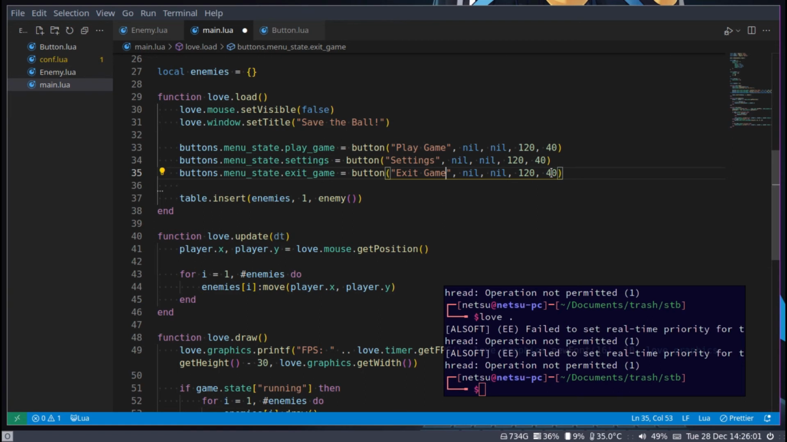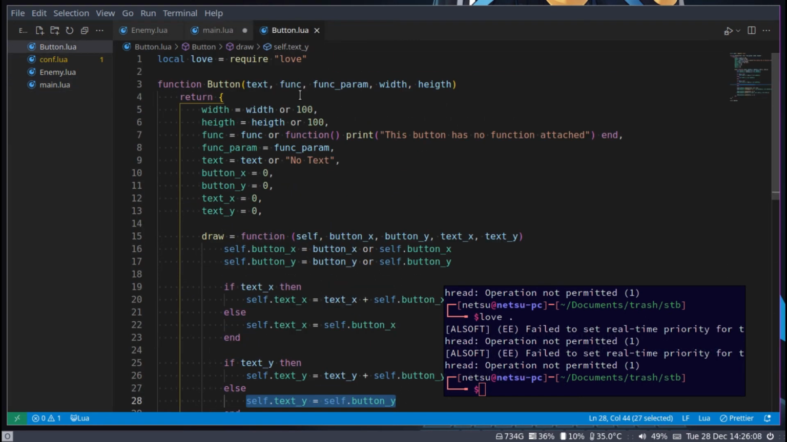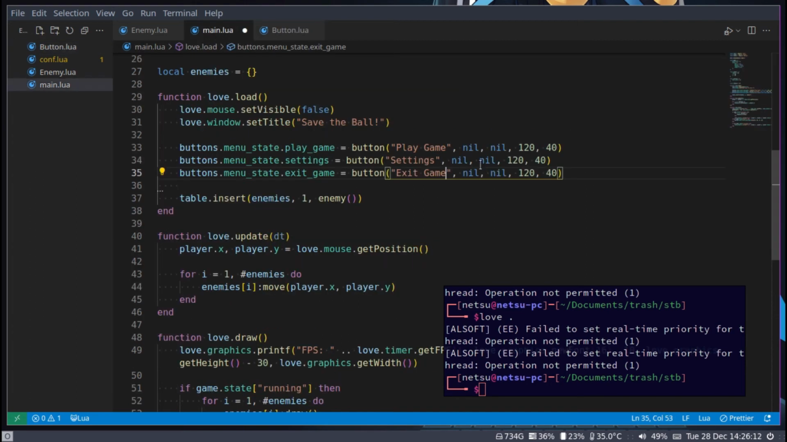And because all of them are the same width and height, you could always make this the default width and height. Like here where we do this, you can make it the default here. That would actually be a good idea. Now we can code the exit button right now. We can give it its function. So